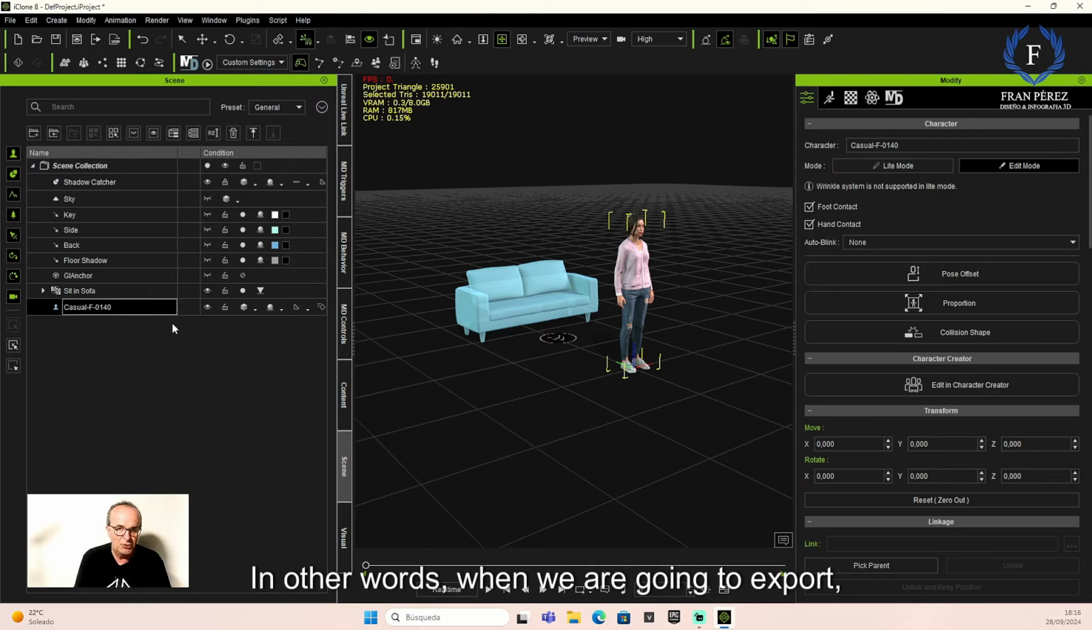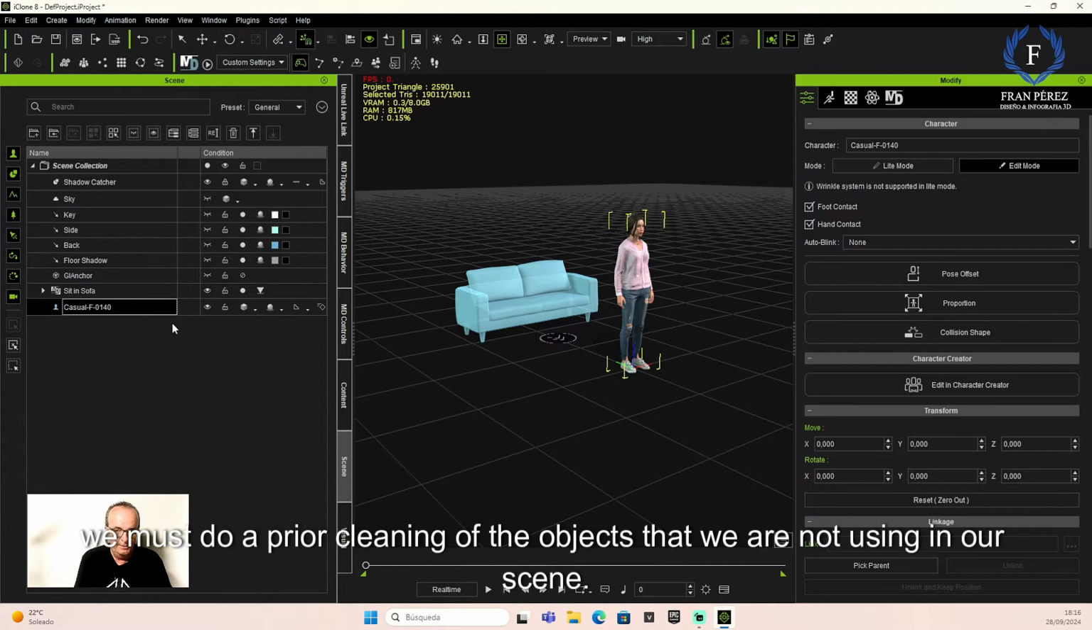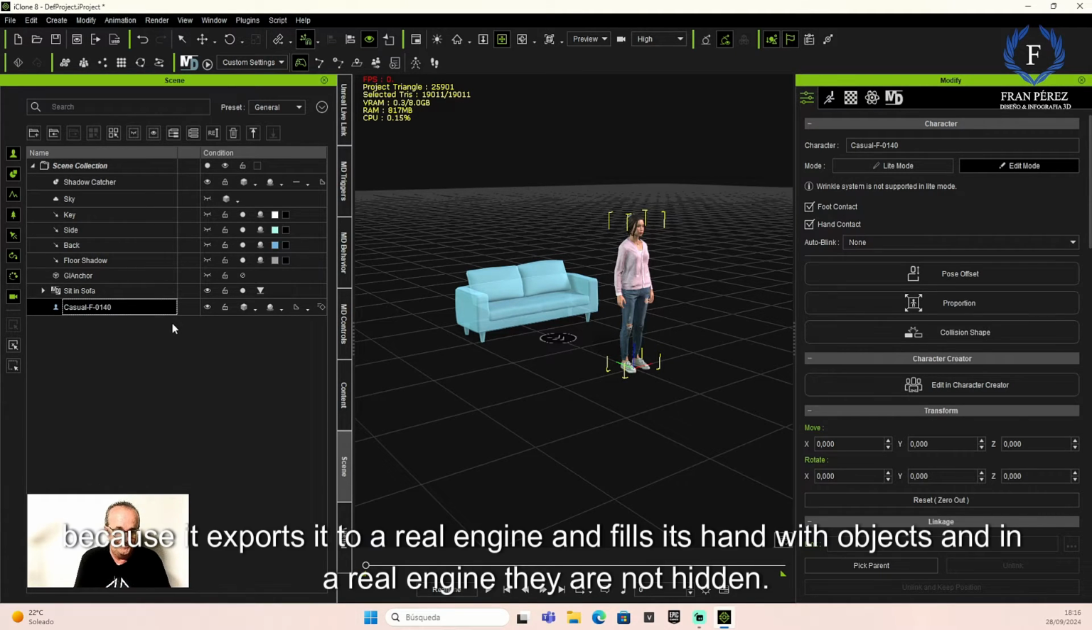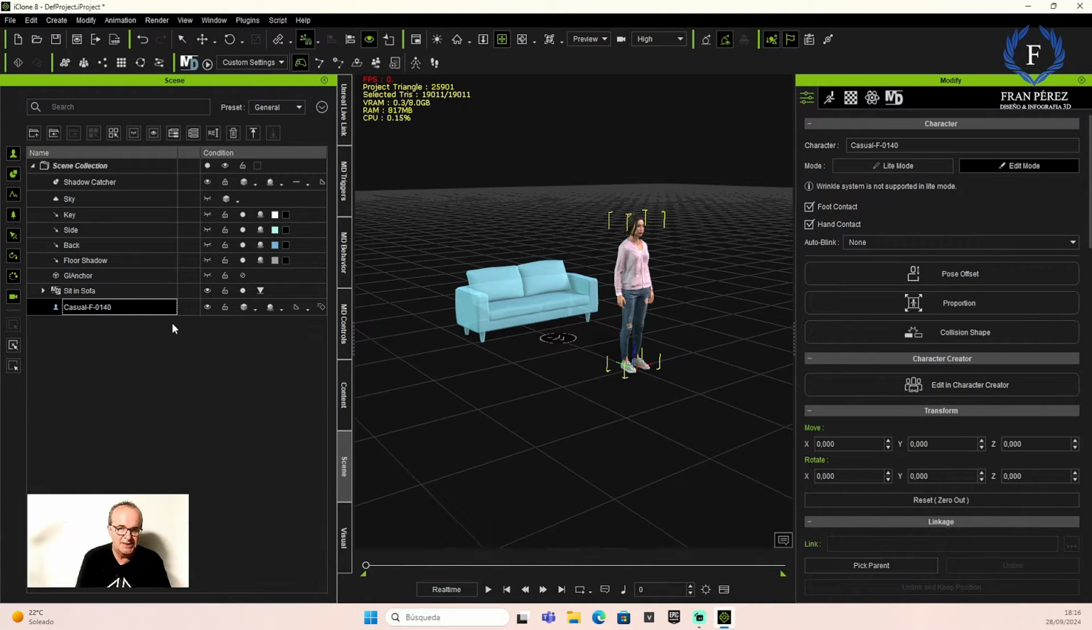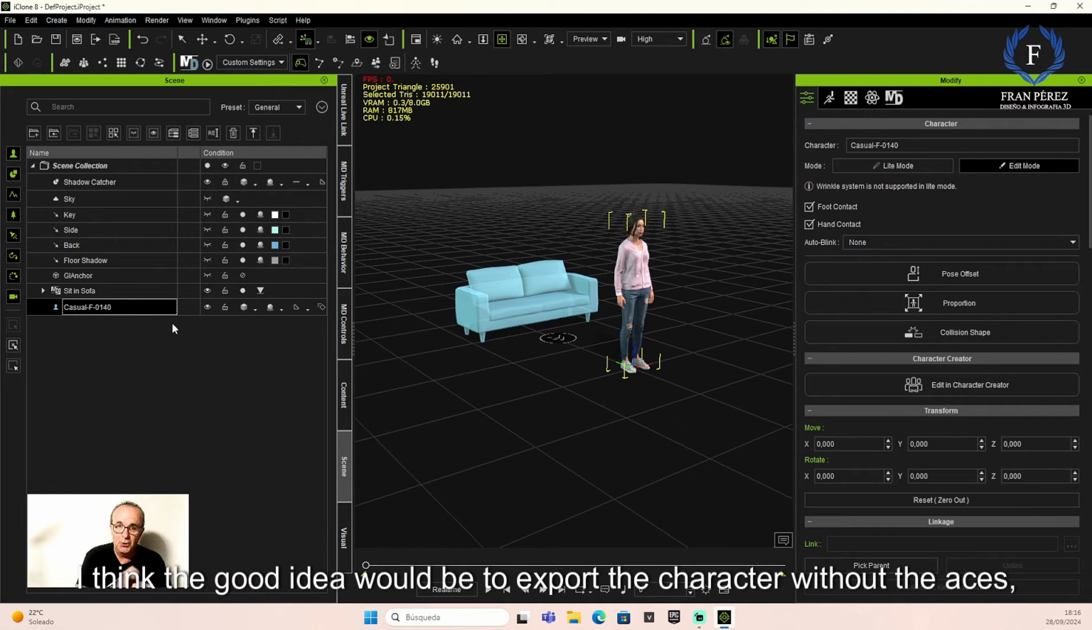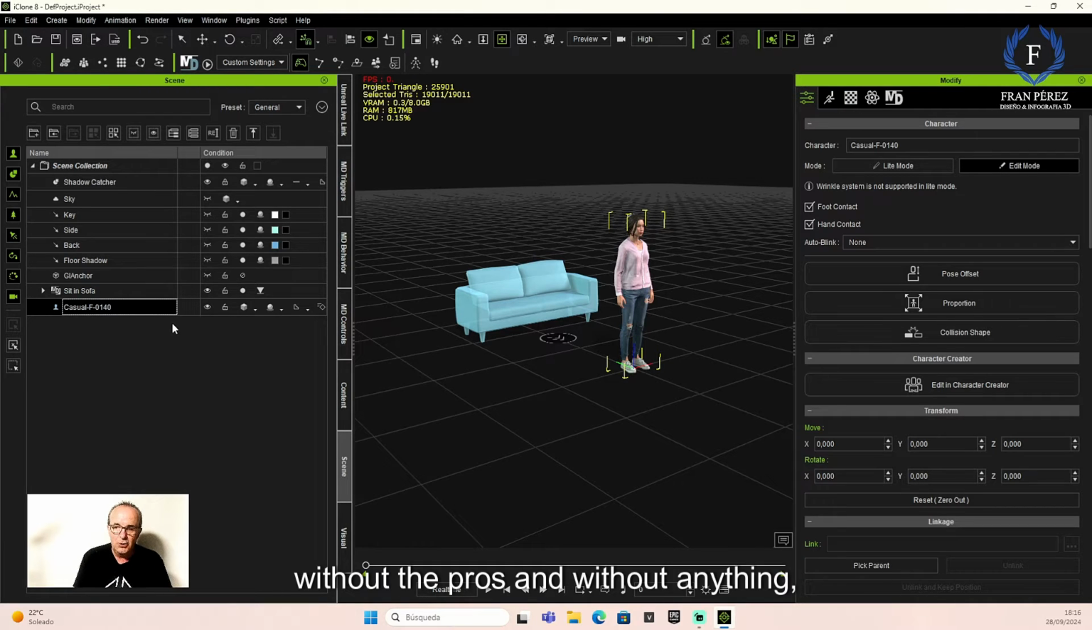In other words, when we are going to export, we must do a prior cleaning of the objects that we are not using in our scene. Because it exports to Unreal Engine and fills its hand with objects, and in Unreal Engine they are not hidden. Let's see. I think the good idea would be to export the character without the assets, without the props, and without anything,